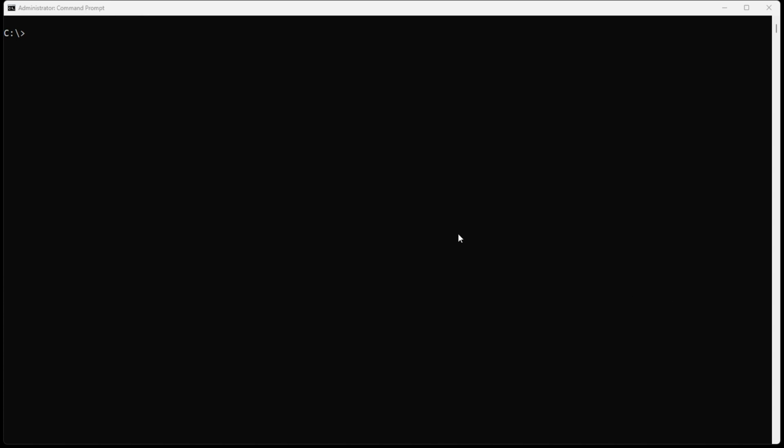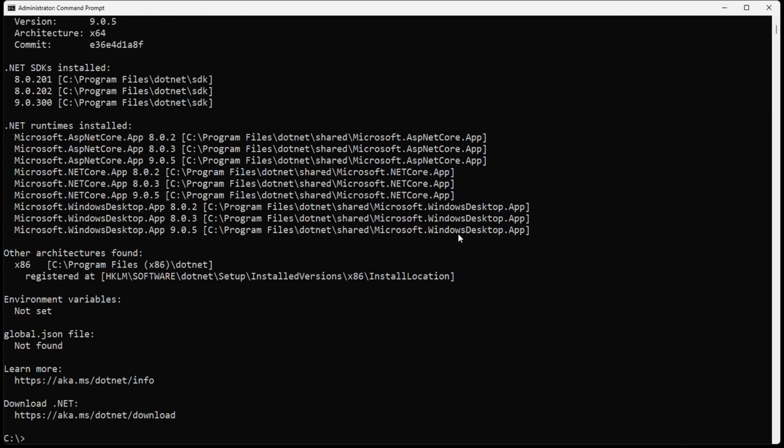So first, we check what version of .NET we have. We have already installed .NET 9. If you don't have it, please install the SDK. After installing, you can check with the command dotnet --info to tell you what version you have. And next,